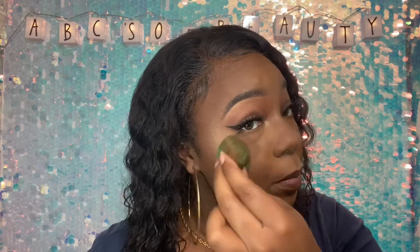I totally forgot. I wanted to test out this new setting spray that I got from Morphe. It's their mattifying continuous mist. So I'm putting that on top just to see how it's gonna hold today. Getting ready to go out. I basically put this full face on just to show y'all how to get a good complexion base. But I also wanted to test out this little hack. If you spray some setting spray into your mask, your makeup won't move and you won't get much makeup into your mask. And I'm gonna take that with me on a little miniature vlog and basically see how that holds